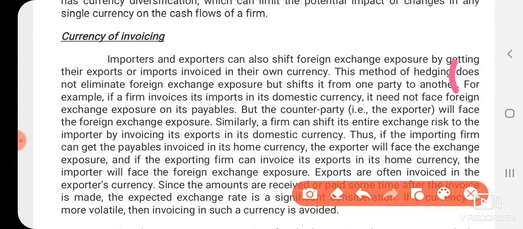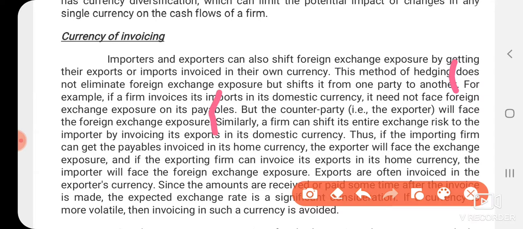Are you understanding my concept? If a firm invoices its imports in its domestic currency, it need not face foreign exchange exposure on its payables. But the counterparty, that is the exporter. We are the importers, the counterparty is the exporters. But the counterparty, that is the exporter, will face the foreign exchange risk. That is the main concept. We are not eliminating the risk, we are just transferring the risk to the